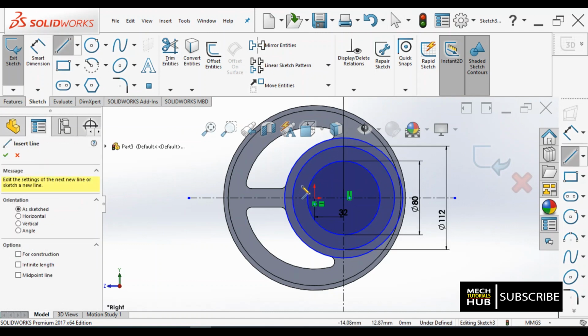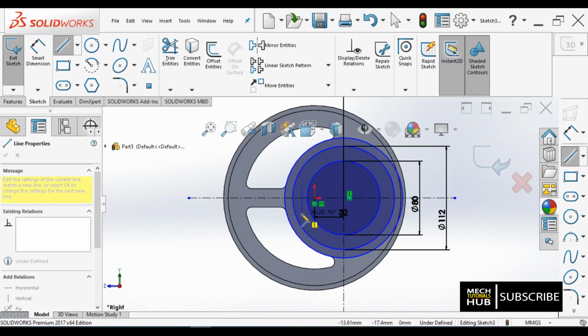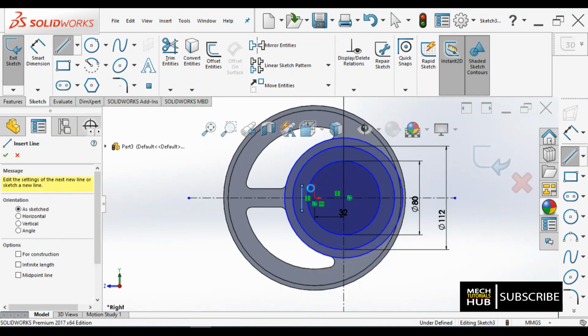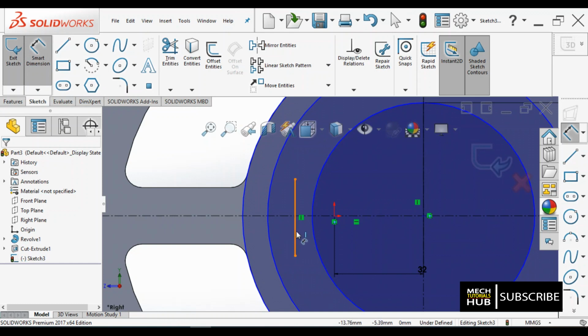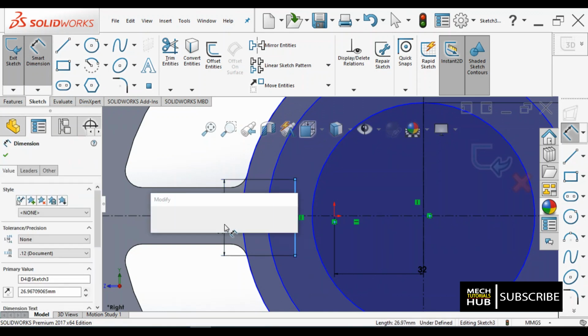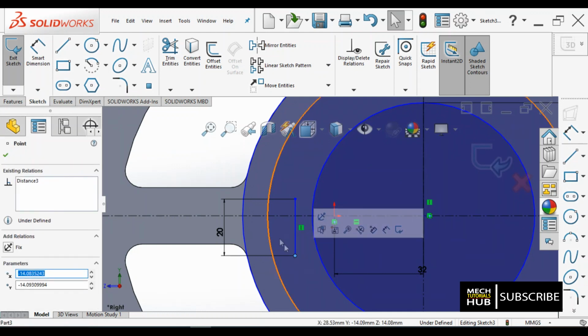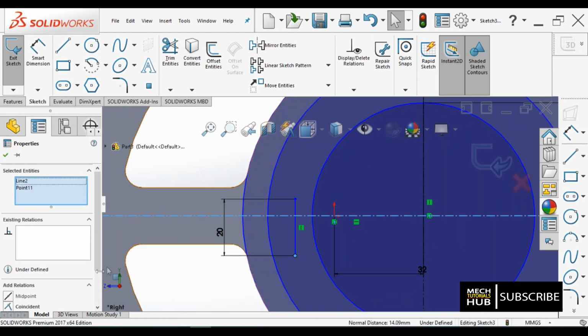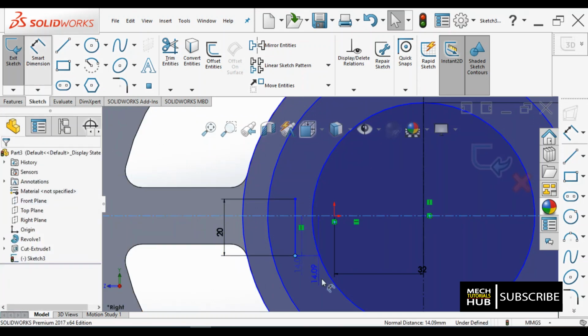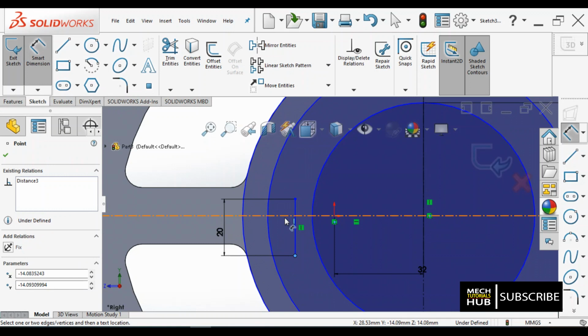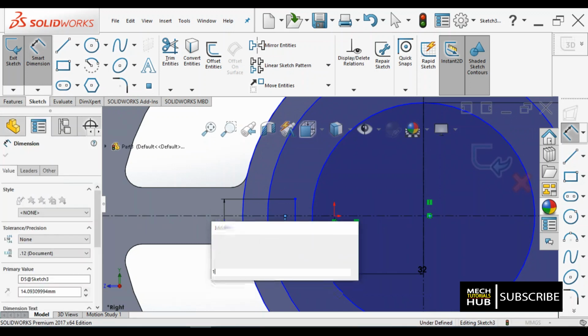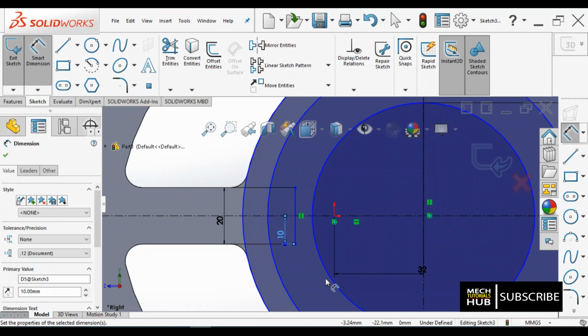20 by 7, that 20 line I'll draw here. Okay, let me fix this dimension. This is fine, and this should be equal with respect to this line midpoint. Oh, sorry. So let me fix the dimensions from this point with respect to the horizontal should be at 10. Then I'll get a symmetrical line,